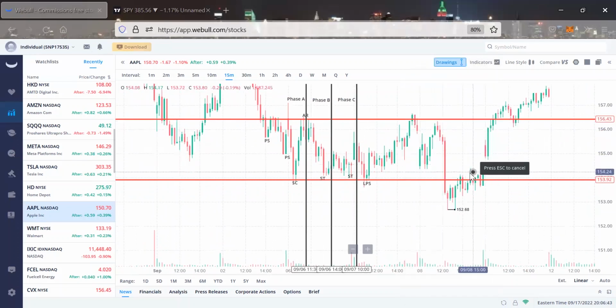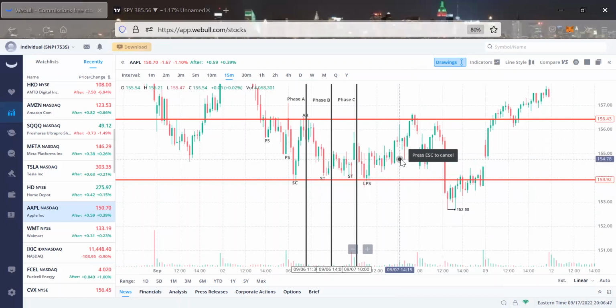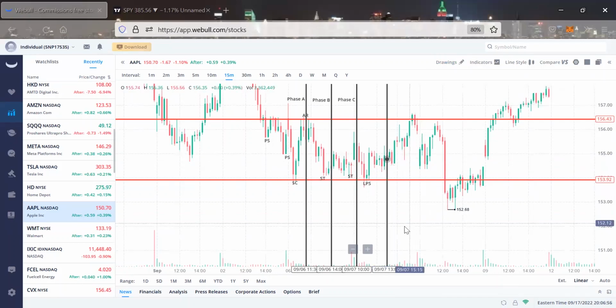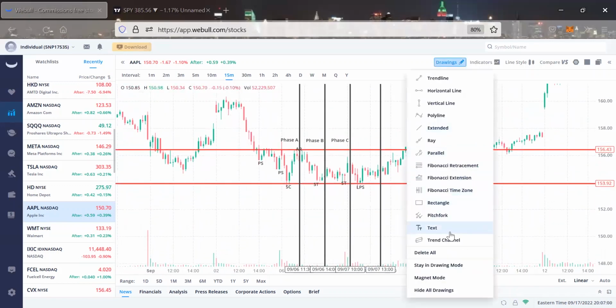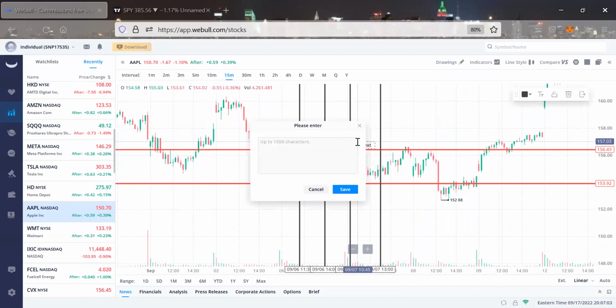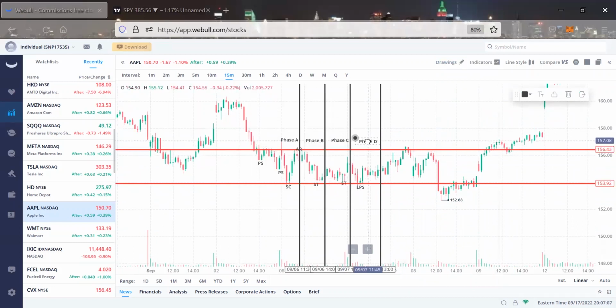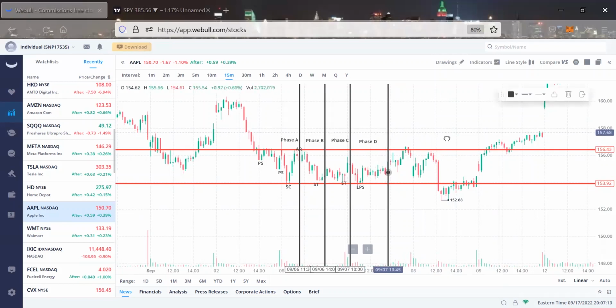right? Vertical line, bear with me, you guys, this is phase D. Last point of support, boom, right? I'm just triple checking my work. I want to make sure I have it correct, right? And then we have that phase D, right? Phase D, boom, phase D, right? We have last point of support, and then we have here, no, actually phase D, we